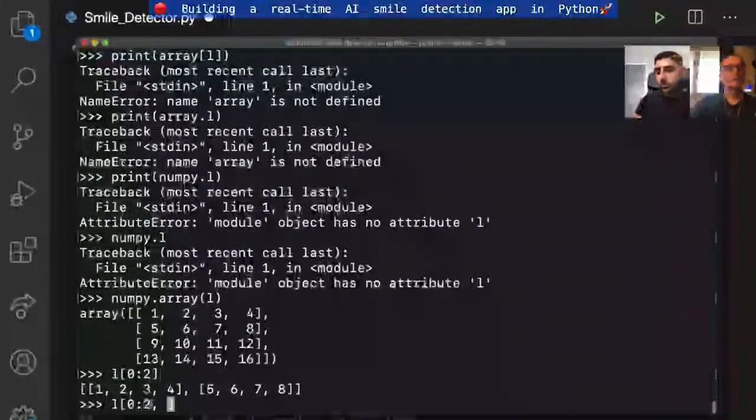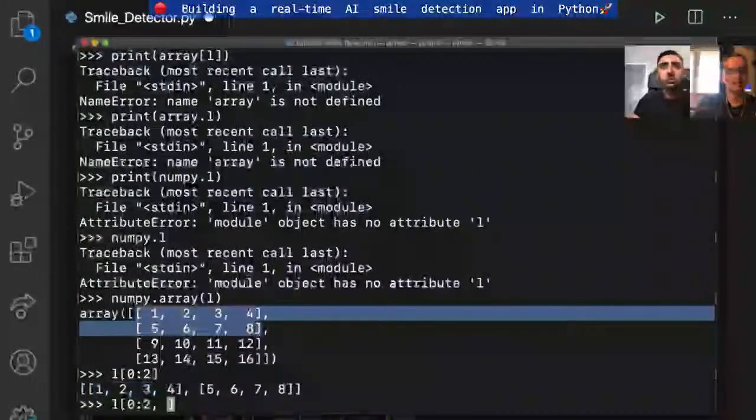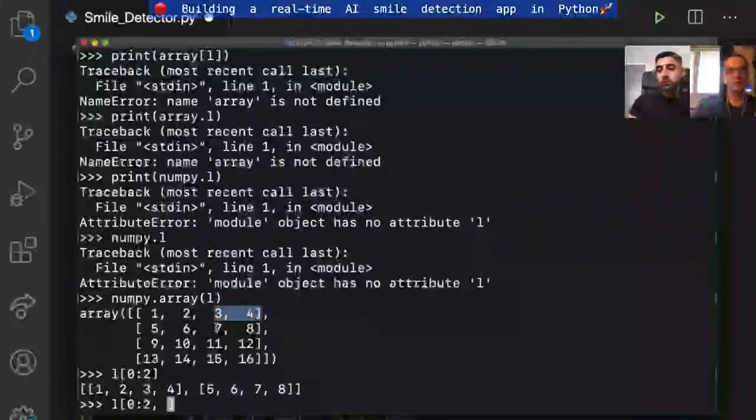Anyways, if we have the first two elements here, slicing from 0 to 2, we're essentially getting these first two, because it's 0 up to 2, but not including 2. Now, if we want to get this subarray, 3, 4, 7, 8, then we're going to need to further,